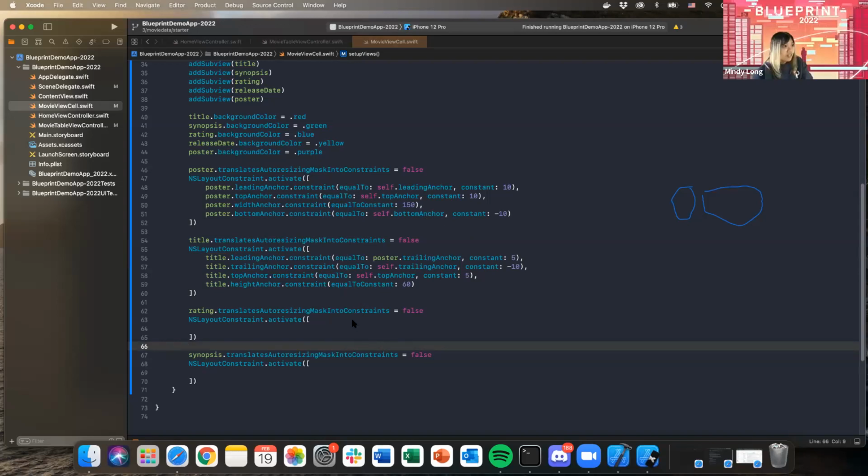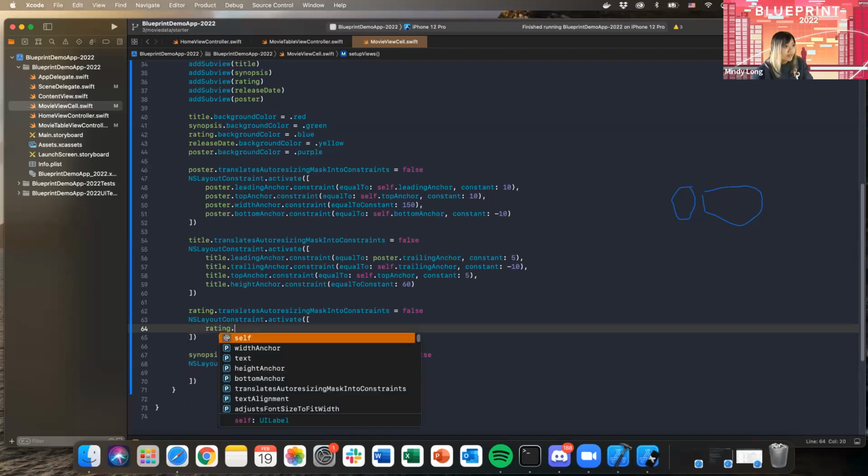Synopsis leading anchor set to post, trailing is offset 10, top is set to title, bottom is offset 10, and leading is the trailing of the purple wall. Yeah, yep. Those all sound good to me. All right, so then rating dot